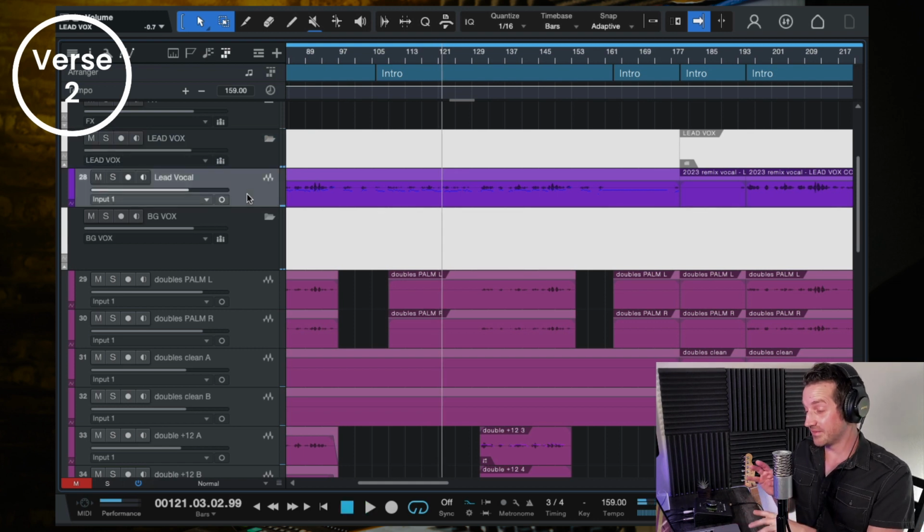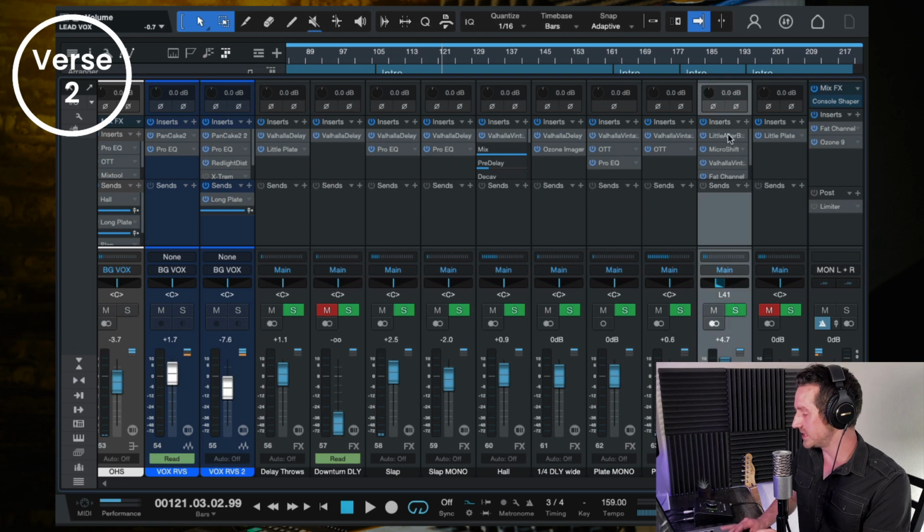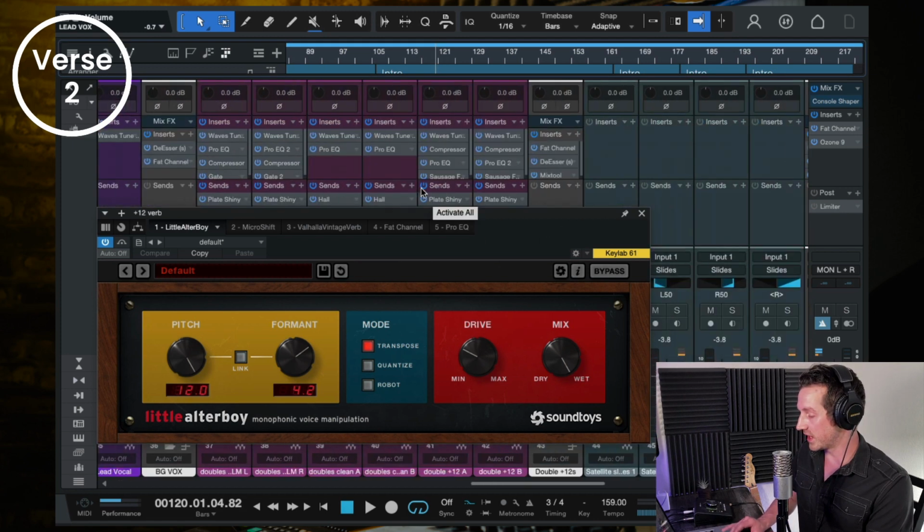Now that is actually, I break the rule of use a different track in a different take, because what I did for that is I sent this lead vocal to a return track with Little Altar Boy on it. So now this isn't about the mix, so I'm not going to delve deep into this, but the main effect that this is coming from is this Little Altar Boy plugin that that vocal is being sent to. So if we come over here and we solo,